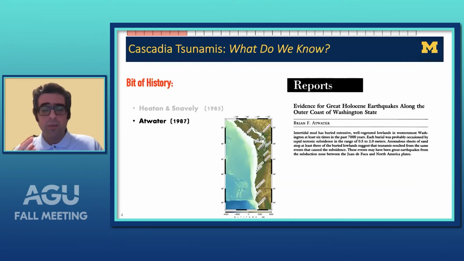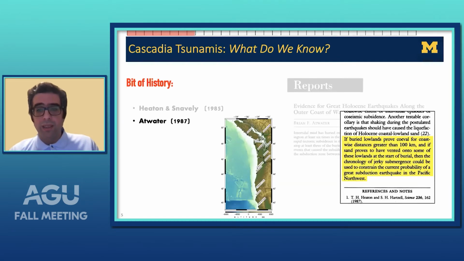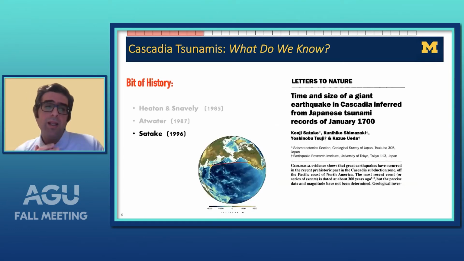A couple of years later, Brian Atwater published this now famous paper presenting evidence of the existence of these ruptures in the past from geological data. And he finishes the paper with a cautious note saying that we don't really know how big of an earthquake it will be. And then later on, it was followed with a huge number of papers, and Kenji Satake in